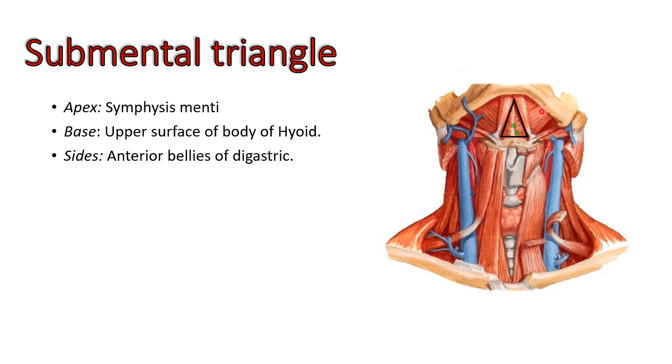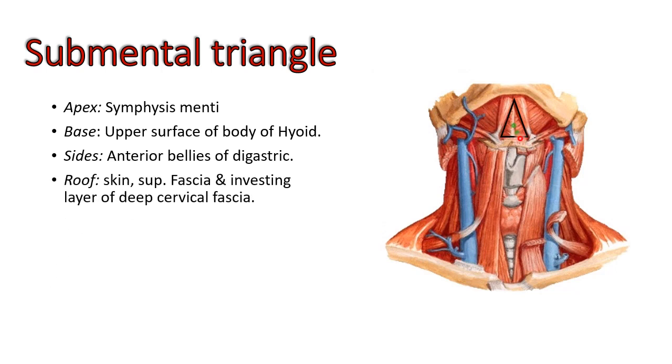So you are able to see this muscle which is converging to the midline. That is the mylohyoid muscle, which forms the floor of the triangle. The roof will be formed by skin, superficial fascia, and the investing layer of the deep